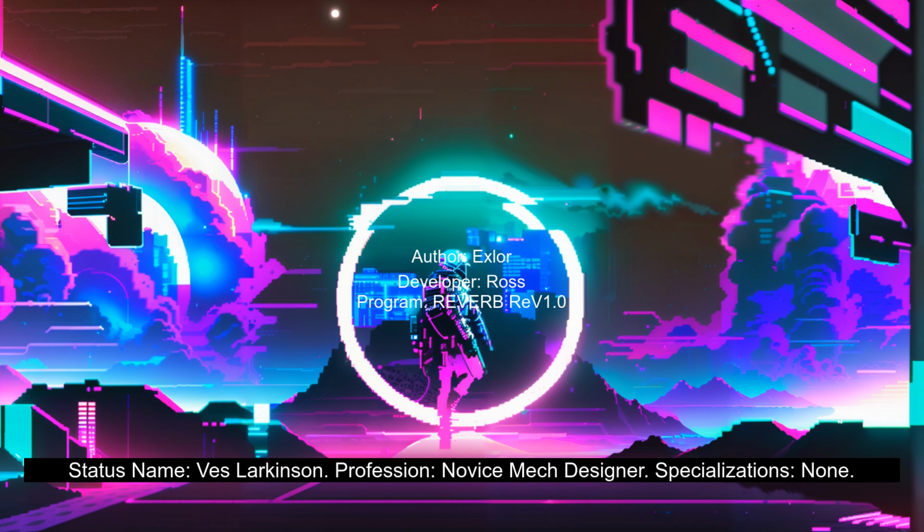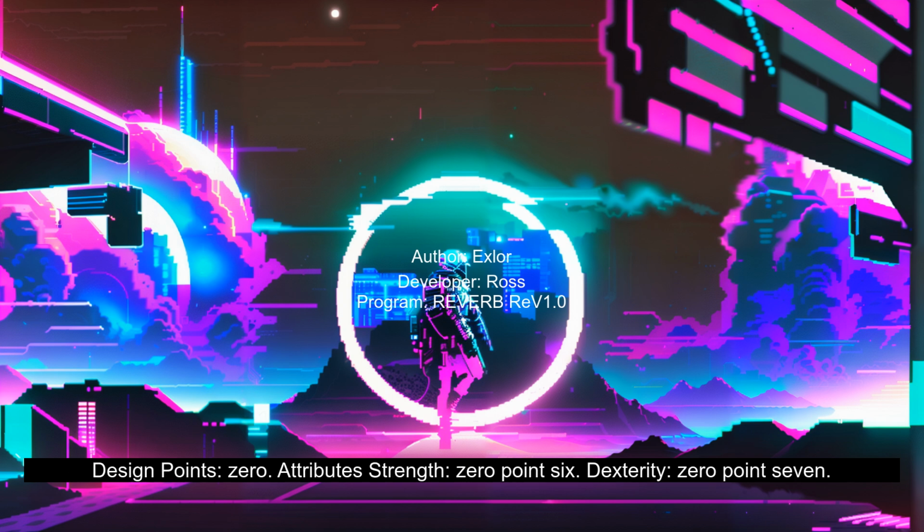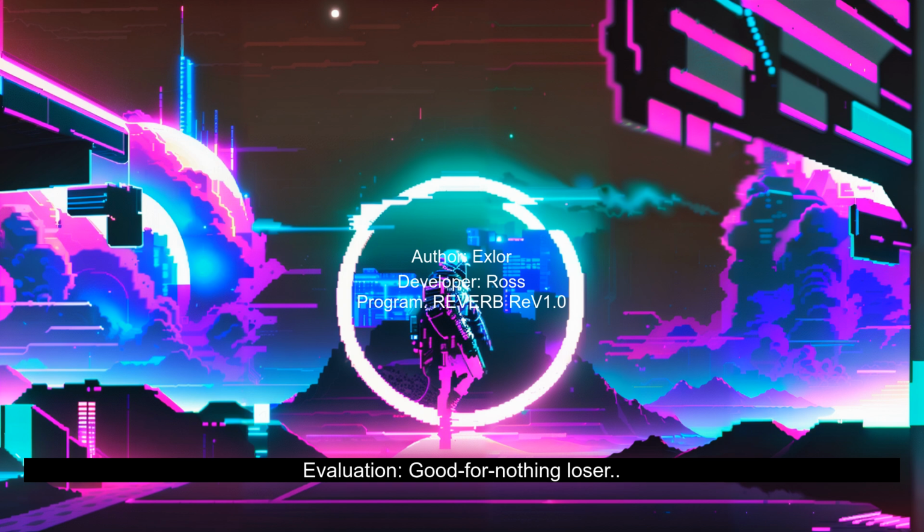Status. Name: Wes Larkinson. Profession: Novice mech designer. Specializations: None. Design points: 0. Attributes: Strength 0.6. Dexterity 0.7. Endurance 0.6. Intelligence 1.2. Creativity 0.3. Concentration 0.9. Neural aptitude: F. Skills: Assembly, Novice. Business, Apprentice. Computer science, Incompetent. Mathematics, Incompetent. Mechanics, Apprentice. Metallurgy, Apprentice. Physics, Novice. Evaluation: